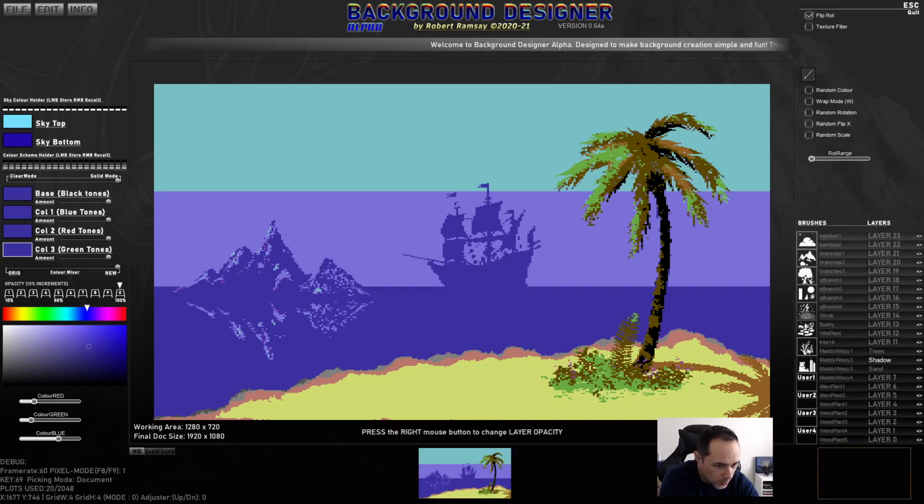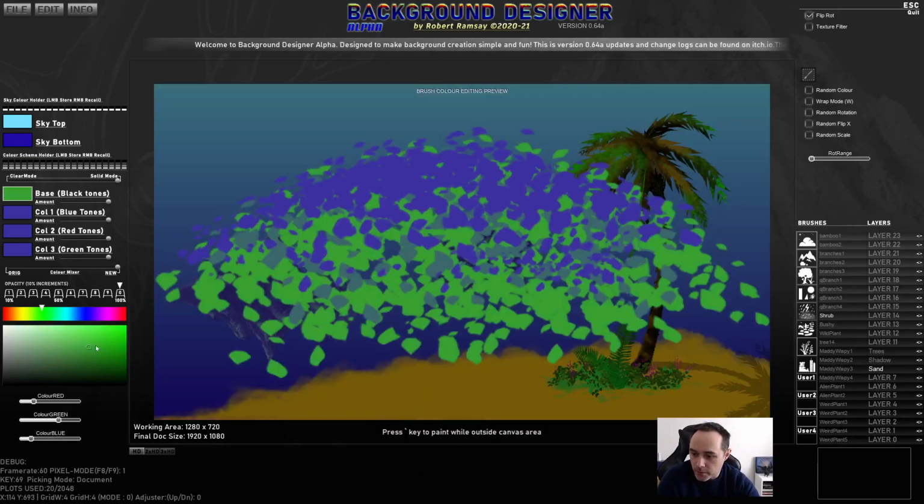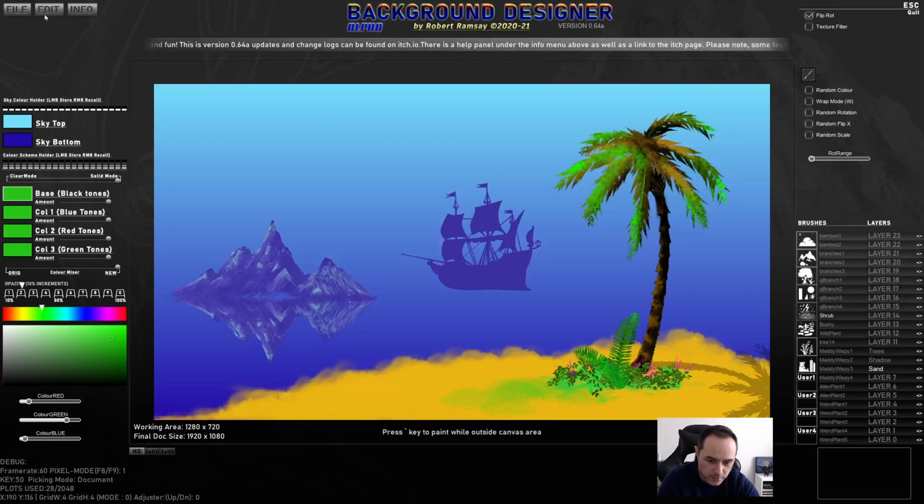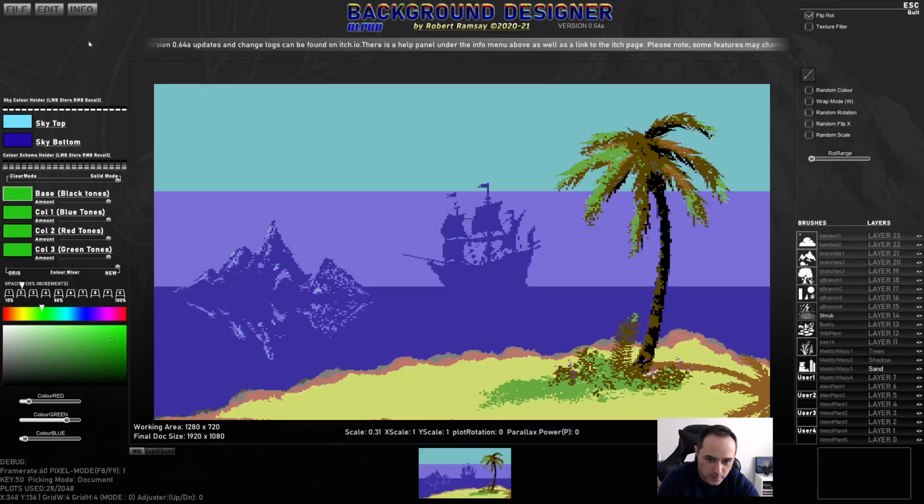I want to bring in a bit more grass and shrubs and stuff. There's a nice shrub there. Go back to the sand layer. Let's go for some greens. Let's control click and we'll get some of that. I'm just going to press 3 or 2 for a little bit of opacity. That way it's just gradually layering up. You can see if I move over here what the actual colours are and everything, but I'm just letting it do its thing. Need a little bit of something for the